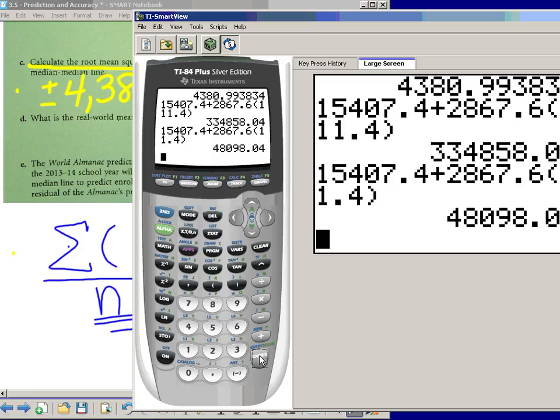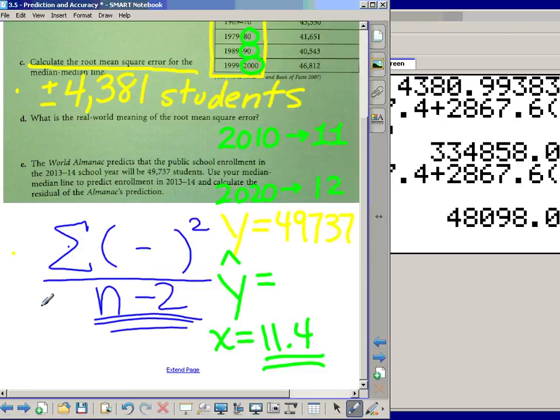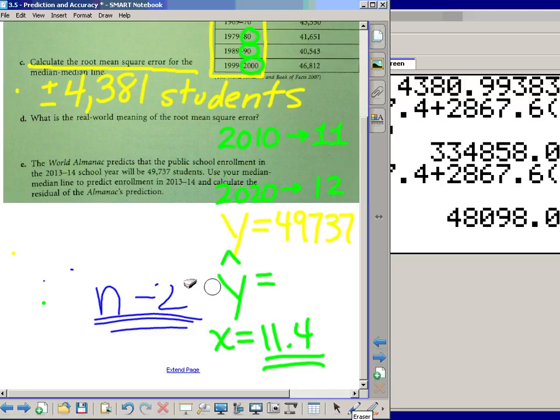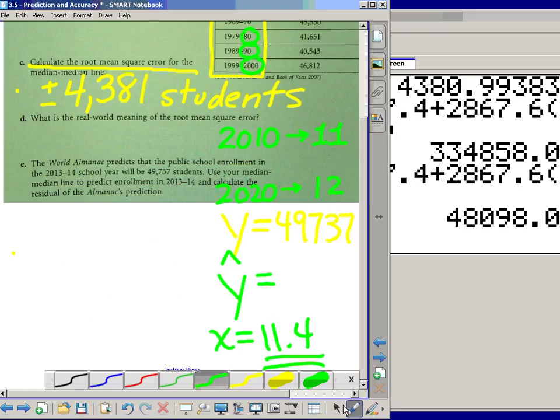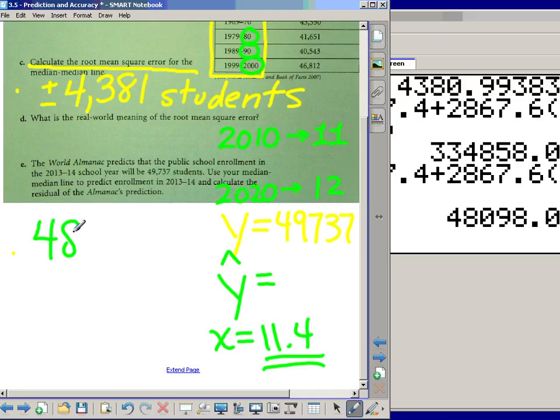According to our median line, we would be at about 48,098 students. Let's clear some of this up a little bit. 48,098. That's going to be my Y hat. My Y was